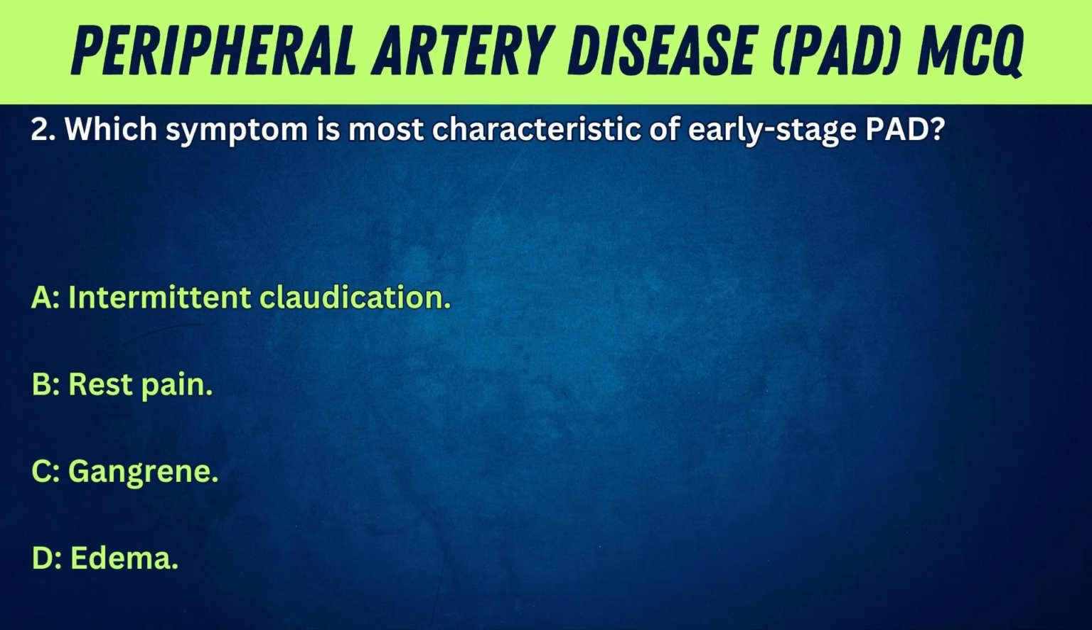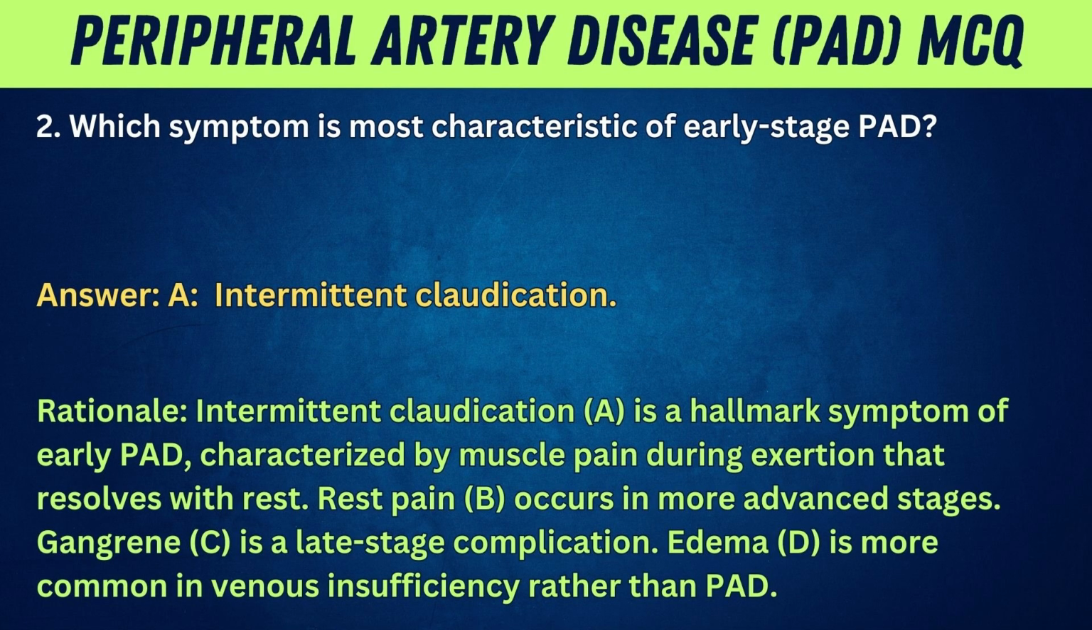2. Which symptom is most characteristic of early-stage PAD? A. Intermittent claudication. B. Rest pain. C. Gangrene. D. Edema. Answer: A. Intermittent claudication. Rationale: intermittent claudication, A, is a hallmark symptom of early PAD, characterized by muscle pain during exertion that